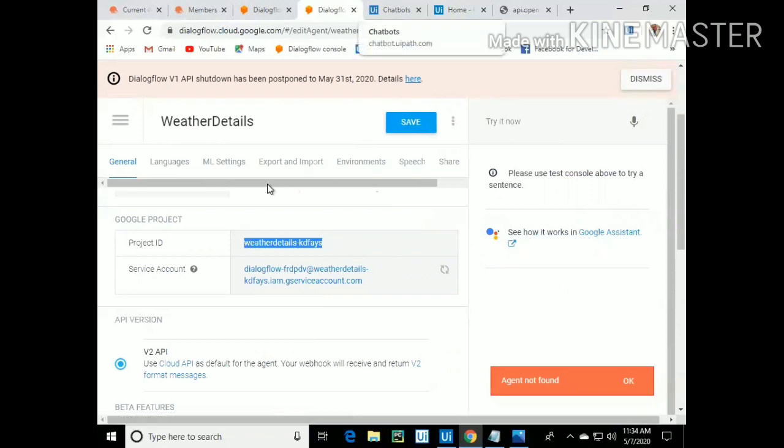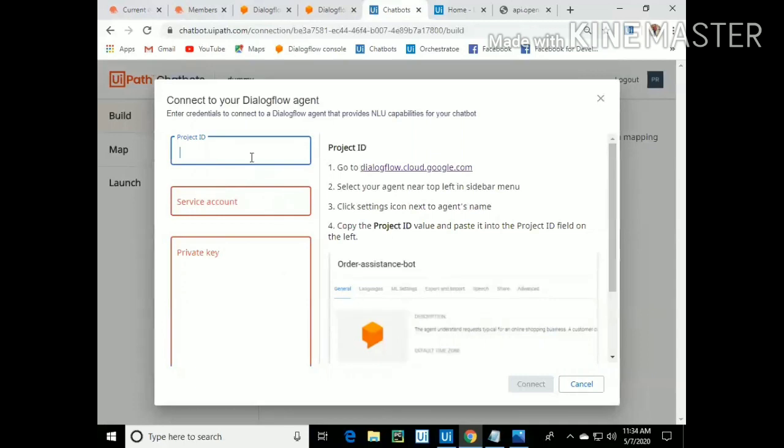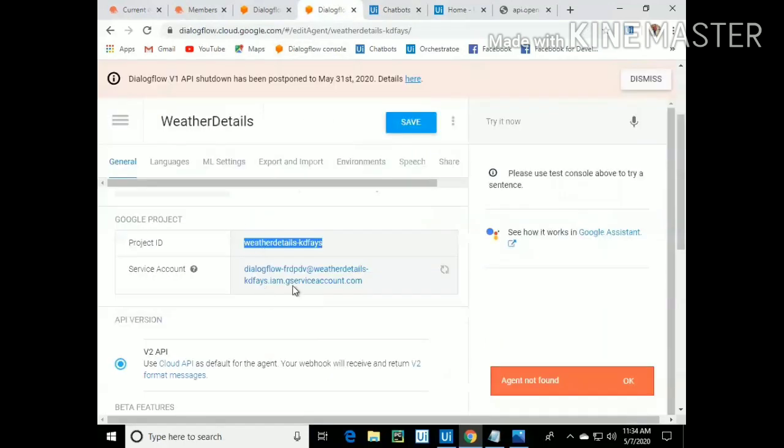Copy the project ID and paste it here. Similarly, the service account.